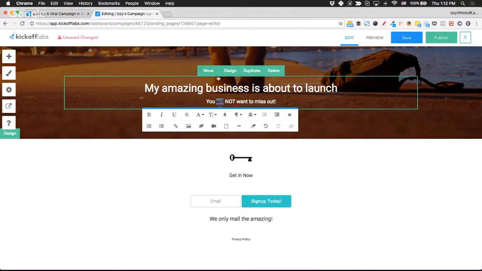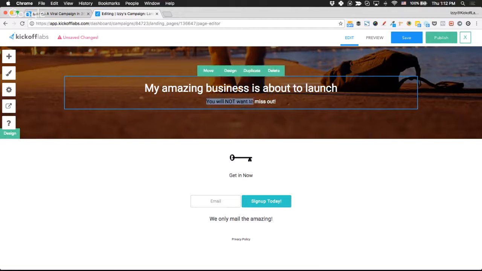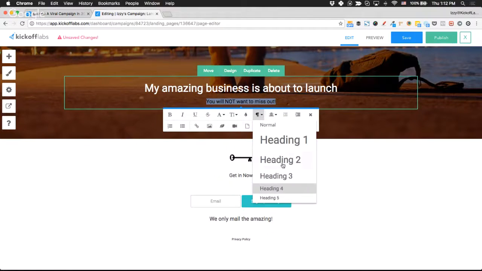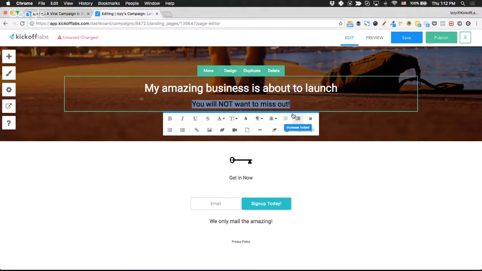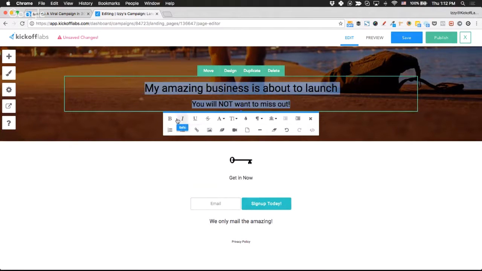Let's look a little bit more at the actual editor. So this editor is pretty straightforward. I can start adding text. You saw how I just customized the actual text. I can customize the actual format. Let's say I wanted to give it a slightly different formatting. That's pretty simple, pretty straightforward. I could change the overall font styles. It's really, really easy to do.